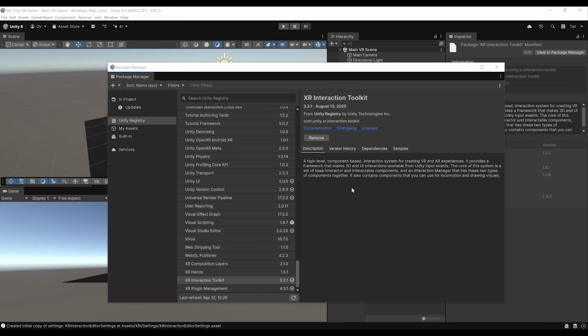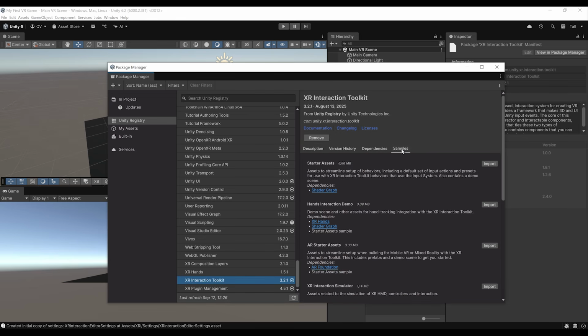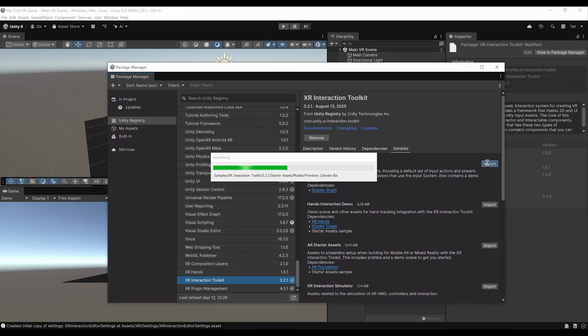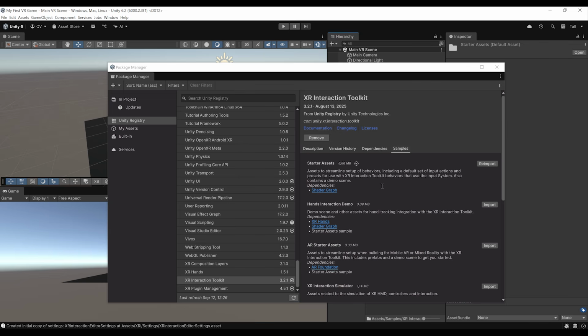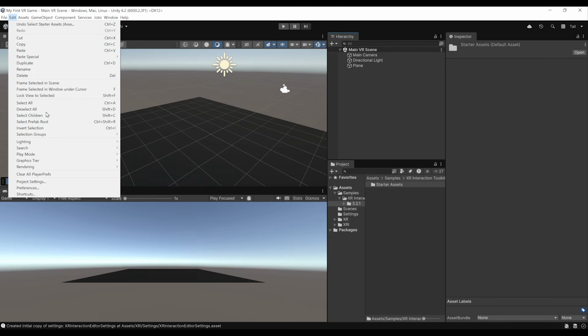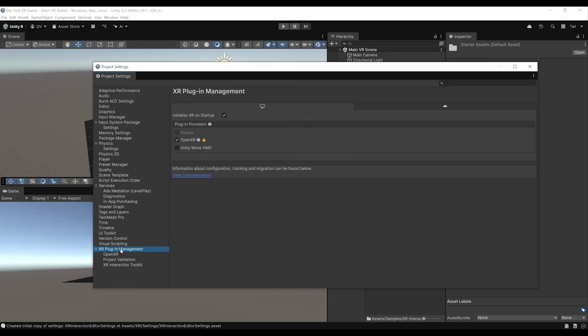Okay, finally, once it is installed, we can go to Samples and here import the starter asset. The starter asset will contain some pre-configured components that we will need. And here you go, this is done. We are almost done with our project configuration, but there is one more thing that I need to show you. Let's close the package manager, go to Edit, Project Settings again, and under the XR Plugin Management, we can click